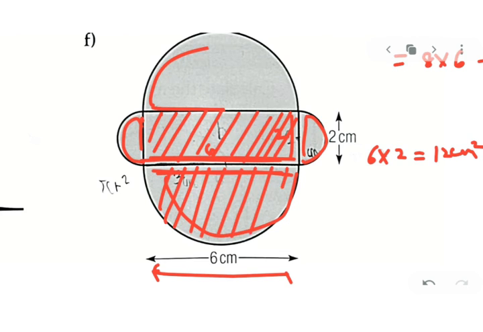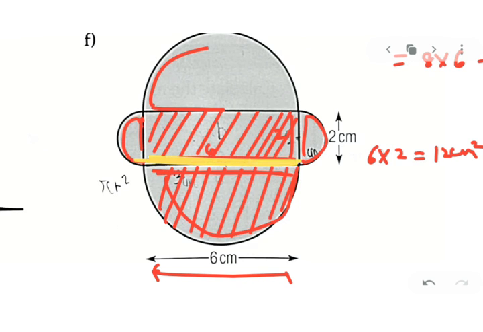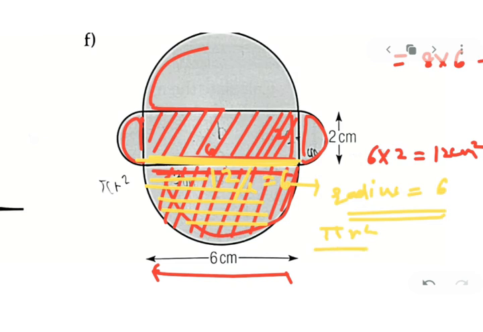Now my dear kids, if you notice the bigger semicircle, it lies on the length of your rectangle. So its diameter will be 12 and half of it will be 6. That will be the radius of one semicircle. Am I making sense? So radius will be 6. So with this radius 6, you have to find the area of this semicircle. It will be pi r square upon 2. So that will be 22 upon 7 into 6 into 6.